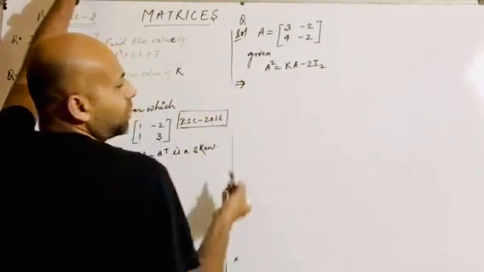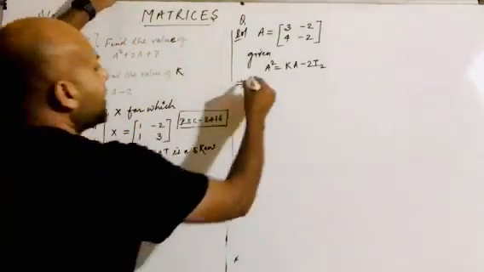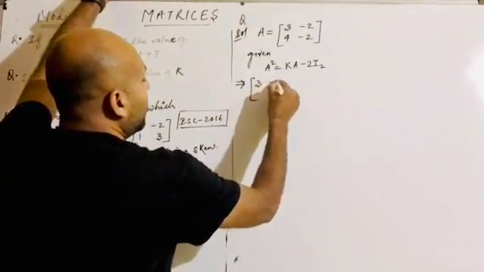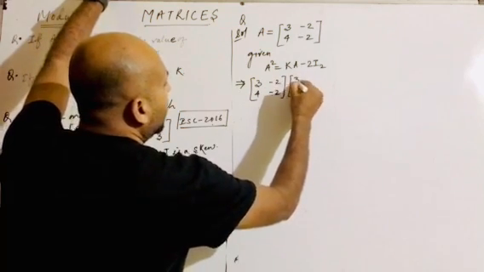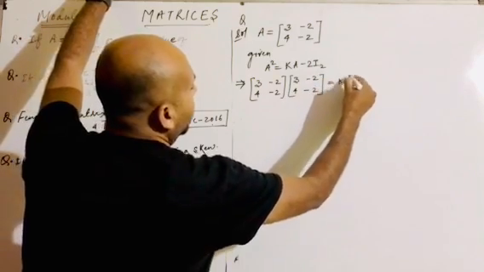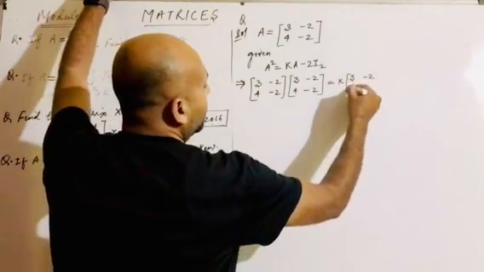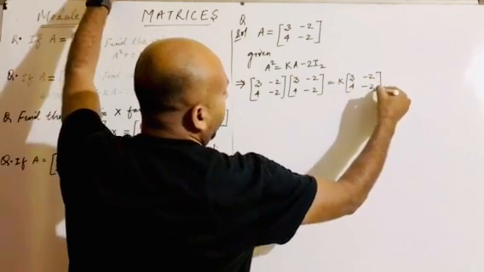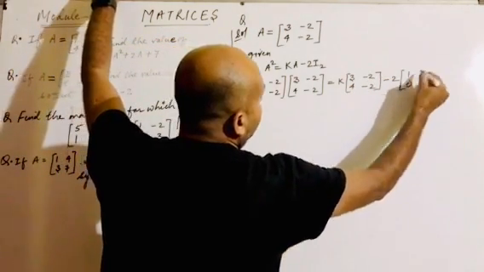Directly children, let us do the substitution, because in the first part we have made it very clear. So how to go with the sum? A square will be equals to what? 3 minus 2, and then it is 4 minus 2 will be again multiplied to what? 3 minus 2, and then it is 4, and then minus 2, plus it is k, so I'll write here k. The value of A is given 3, then it is minus 2, then 4, again it is minus 2, and then minus of 2 I2. The value of I2 is 1, 0, 0 and 1.